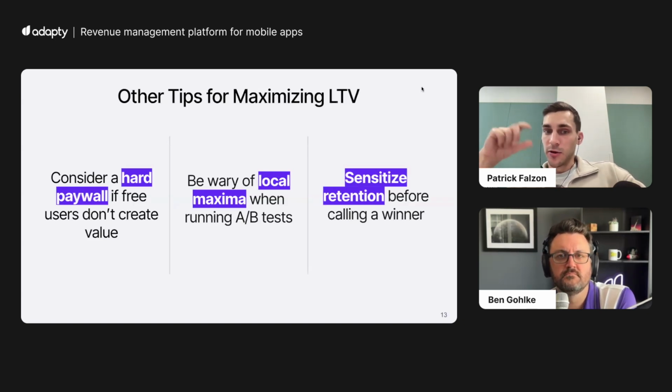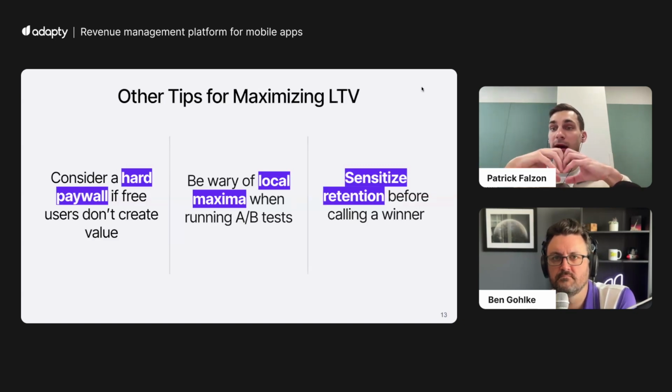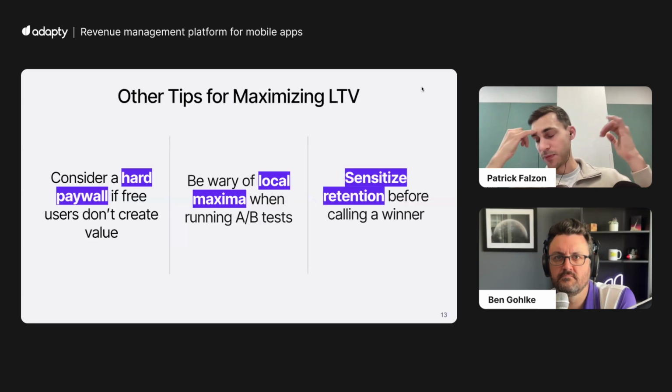Second, this gets back to something I was saying earlier. Be wary of local maxima when you're running A/B tests. What I mean by that is this goes back to just continuing iterating down the same path versus taking a step back and rethinking holistically. One example I give here, and this was a product I used to work with,